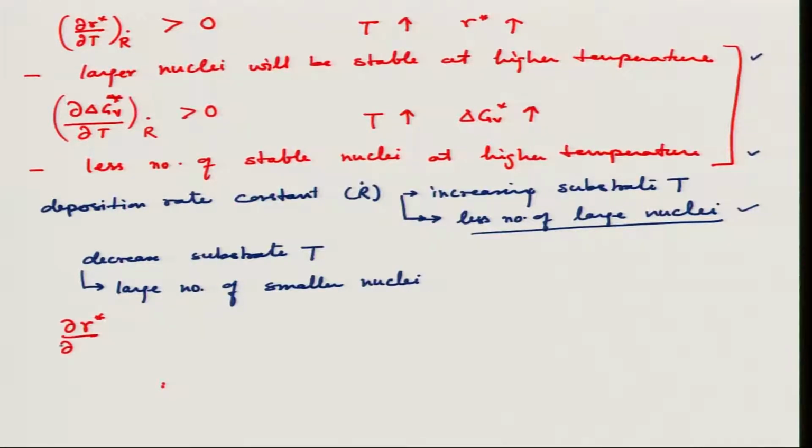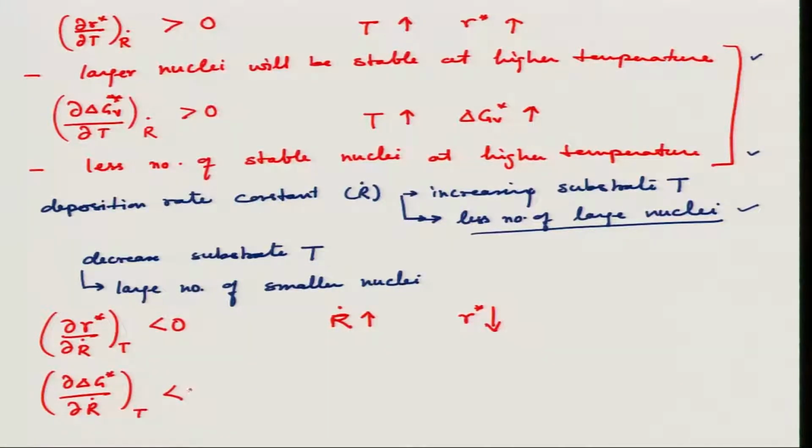Critical radius over deposition rate, if we change the temperature. So, this is less than 0, which means by increasing deposition rate your R critical is going down. And similarly, d delta G star over d deposition rate at constant temperature is less than 0, which means if you increase deposition rate your delta G star